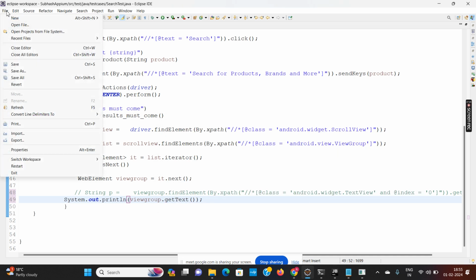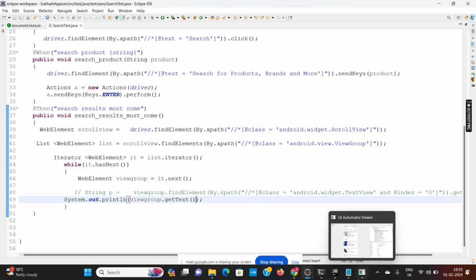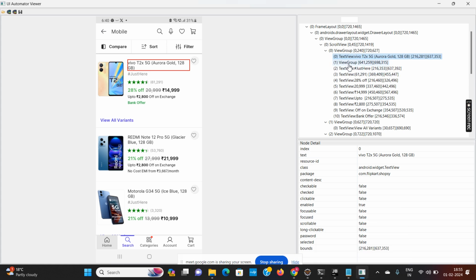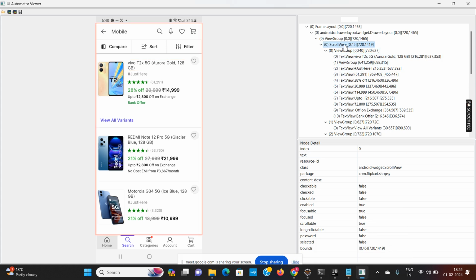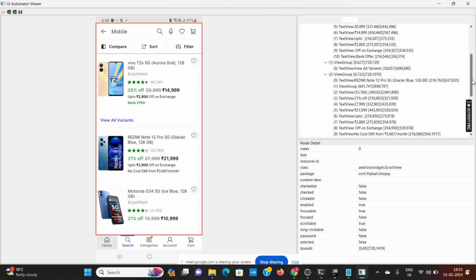Okay, so first of all, let me do one more thing. This scroll view index 0, so I am getting this scroll view anywhere else also.